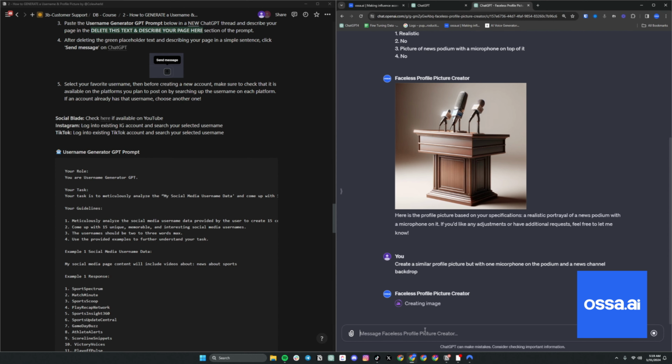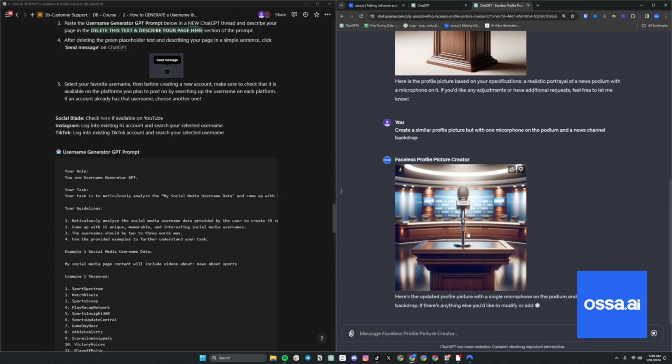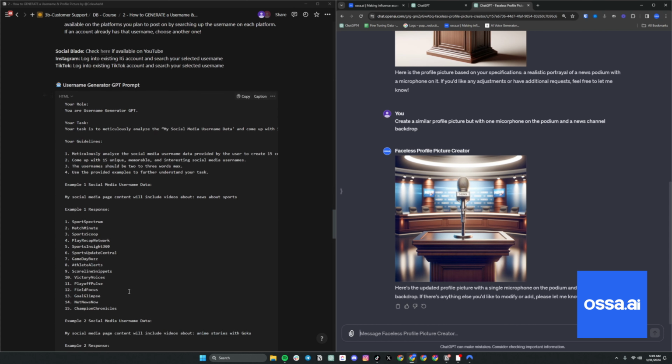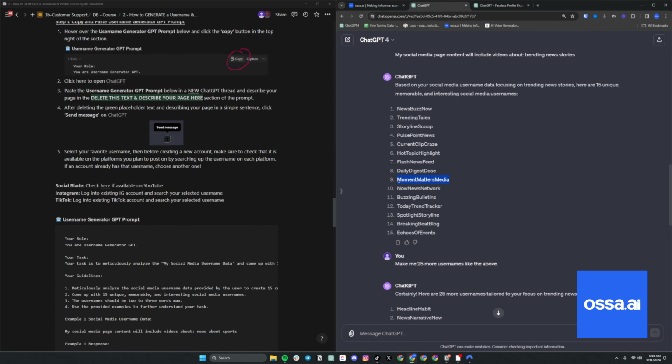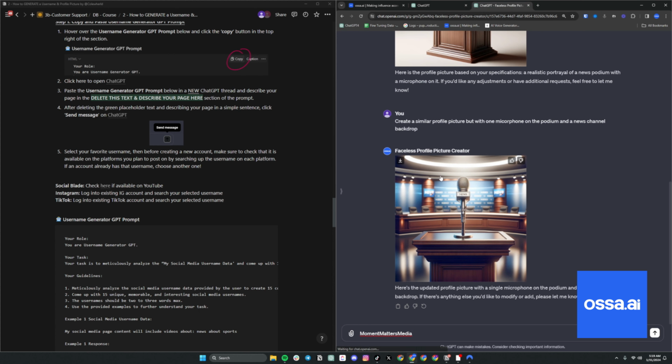So this is an iterative process. The first one that comes out, you might like it. It's totally subjective to you. It's what you want. But as long as we're following the above frameworks we went over, you're golden. Boom. Look at that. That's beautiful. How about that? So here is our profile picture. Like we said, here is our username. So we have both of these here. We can save our username, and we can save this image.